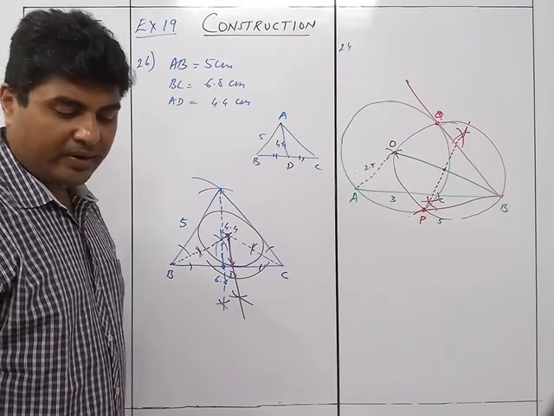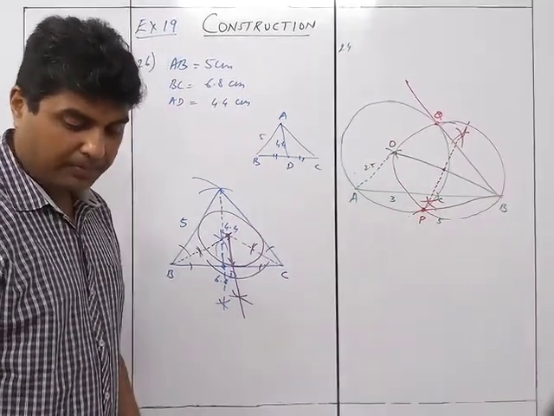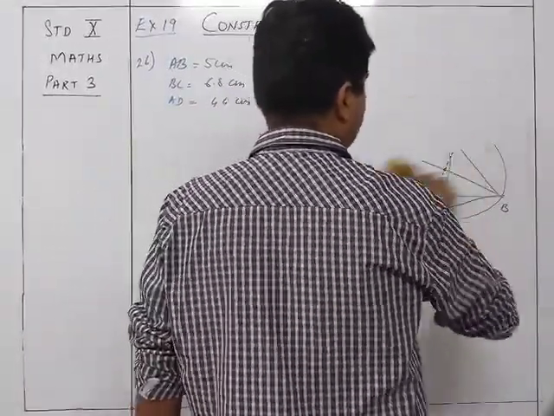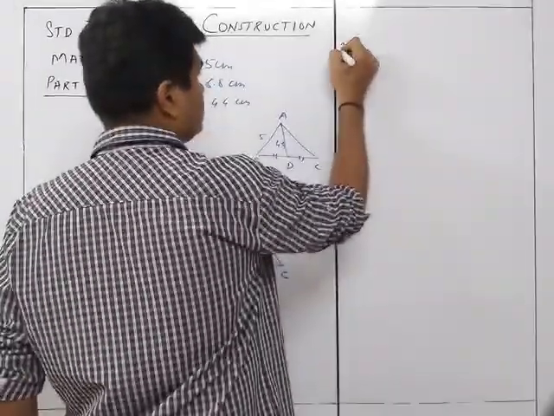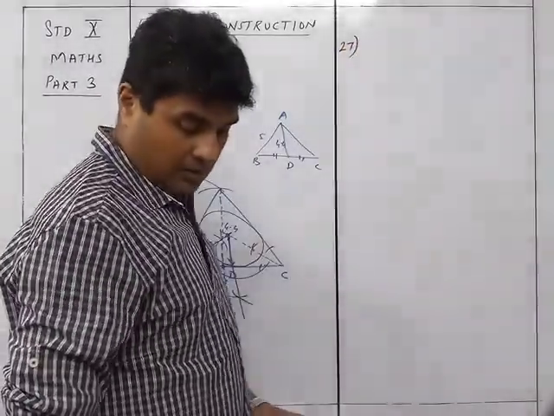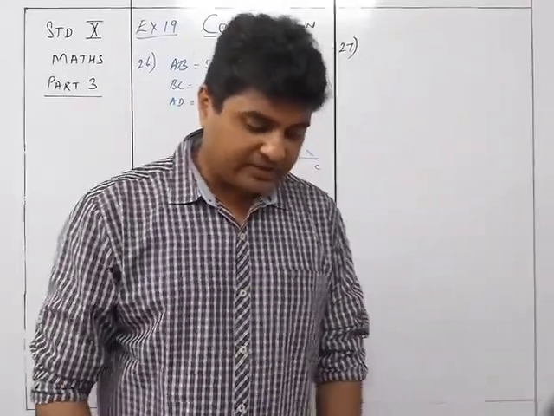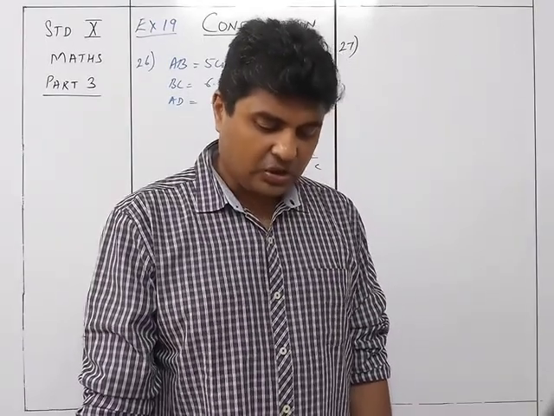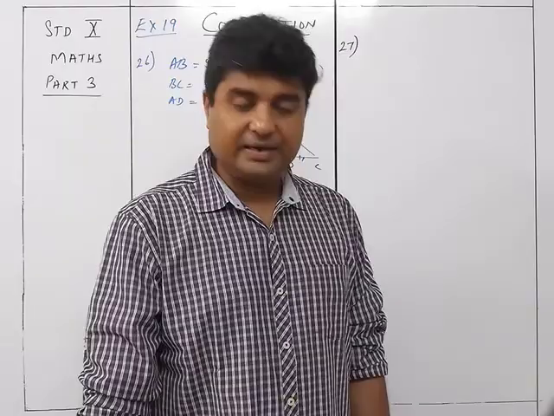I think I'll do 27 and 28 both because they are slightly different. Plus we've got ample time for this. So after sum number 26, sum 27. Draw two concentric circles with radius 4 cm and 6 cm. Taking a point on the outer circle, construct a pair of tangents to the inner circle. By measuring the length of both the tangents, show that they are equal to each other.